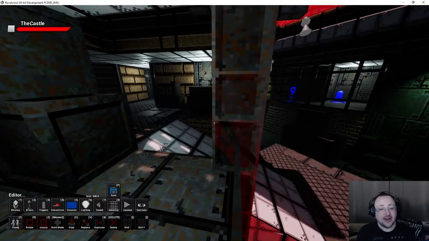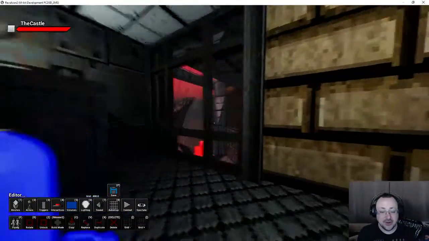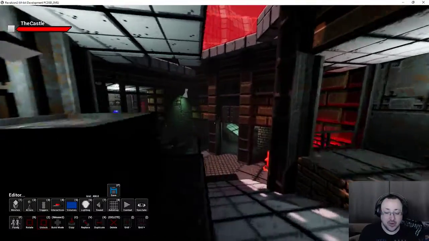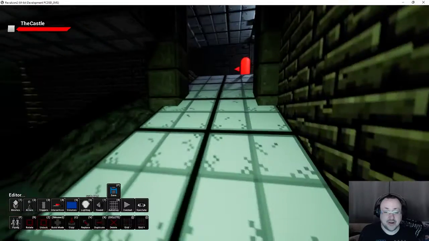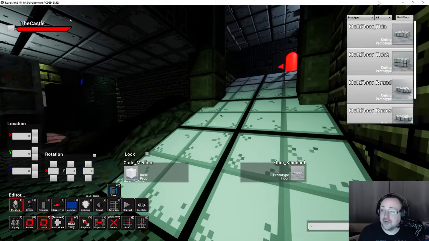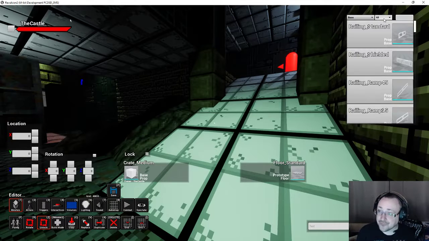Doing different sets, like the castle set, is obviously going to have its own bricks, its own everything like that, and that'll be kind of annoying, having to go through each wall, floor, and ceiling and make a unique set for all of the different castle types. Right now, I'm just building the base stuff. So